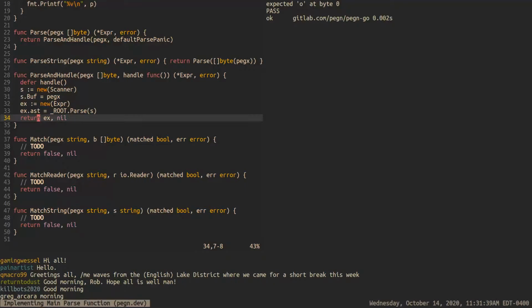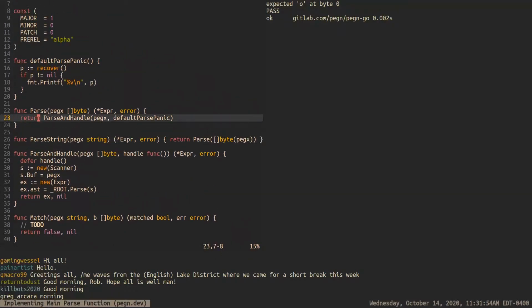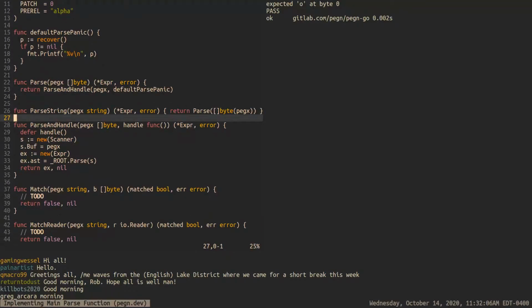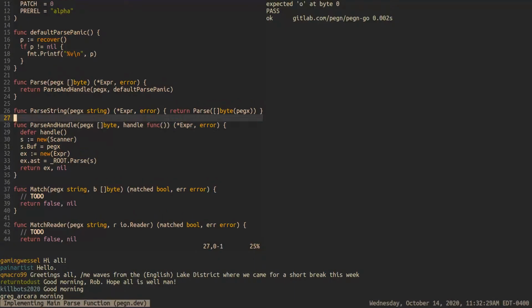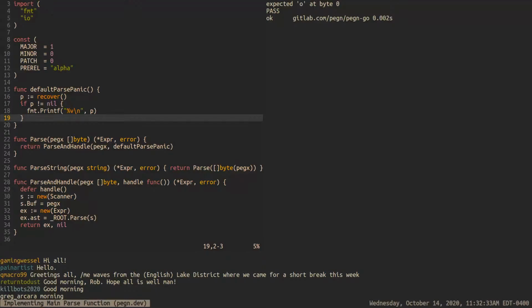So, what to do with that? Well, I could put defers in each of these functions and not write them up here like this and not be able to pass the handler. I think it's okay to use this panic approach since we're using parse and handle. Because we are passing a function that can be a closure for something else that has other data in it, that can run and people can do whatever they want. But if they just want it to fail, they can do this. Now, the default handler obviously should